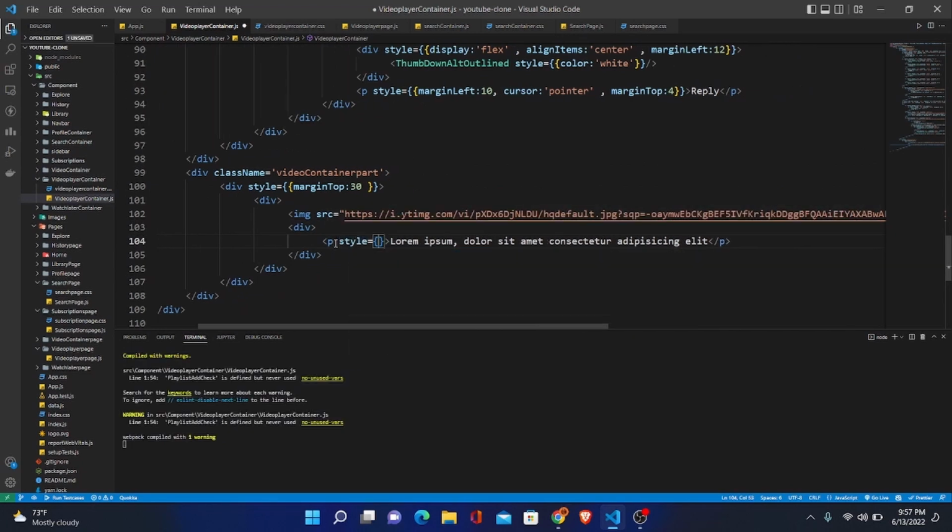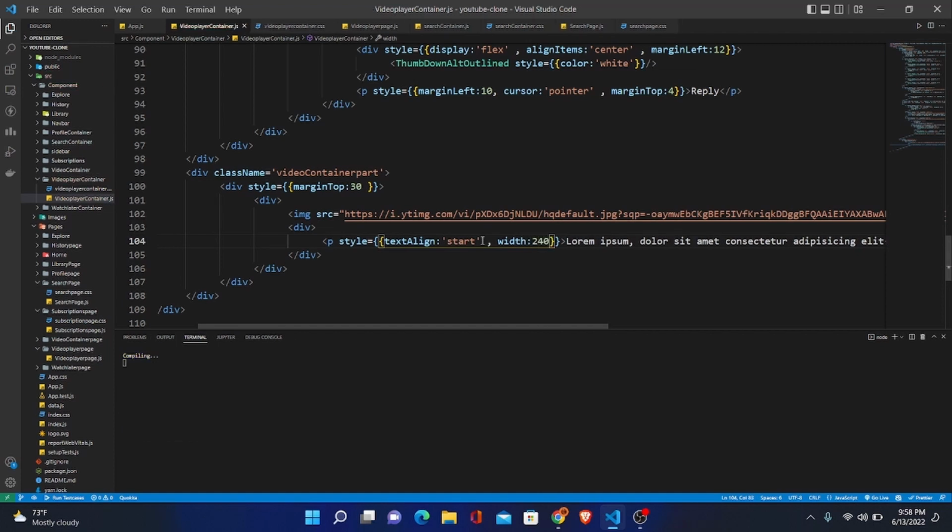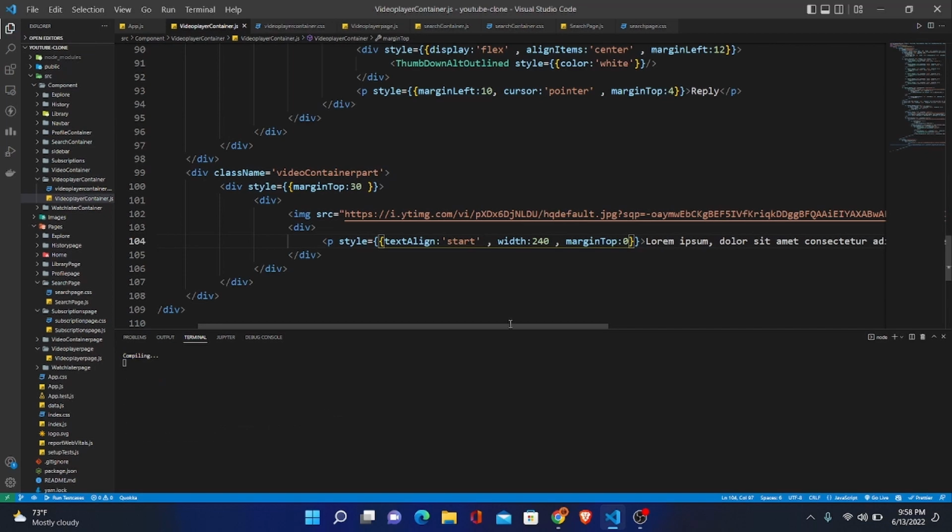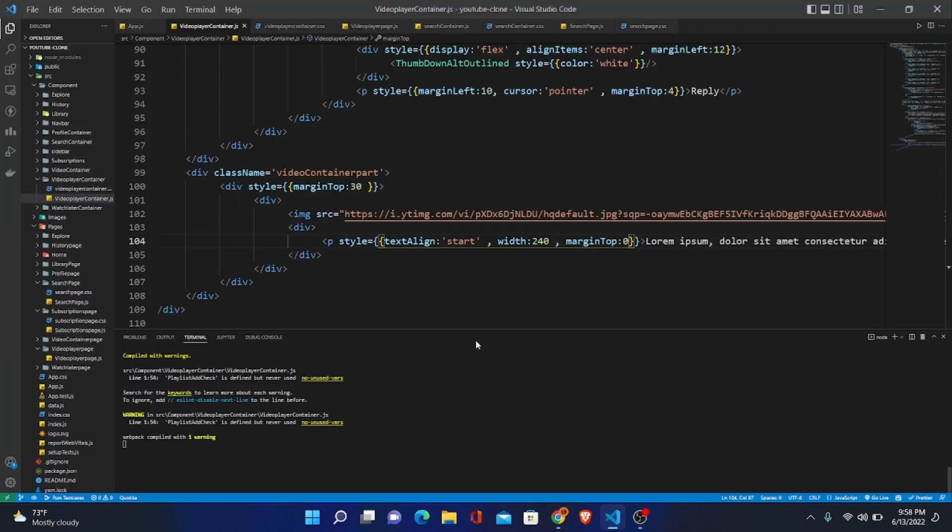And let's give it a style, which is text align would be start. So let's give it a width, which is 140, and let's give it a margin top would be 0. So let's save this and see. Okay, so let's go here